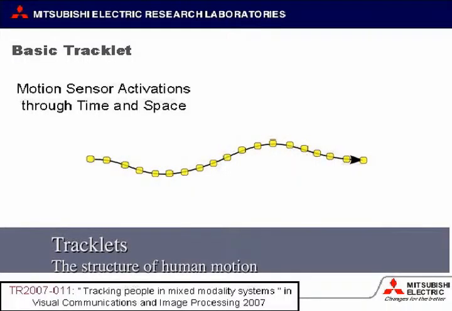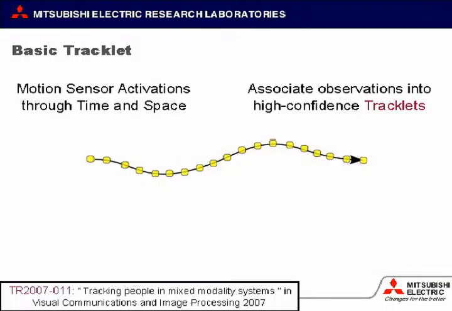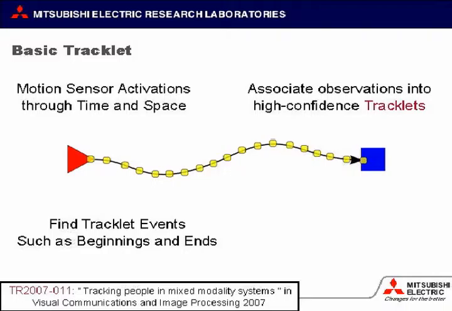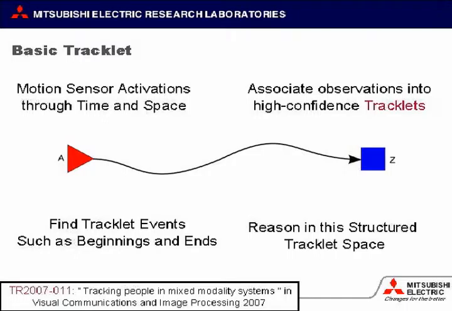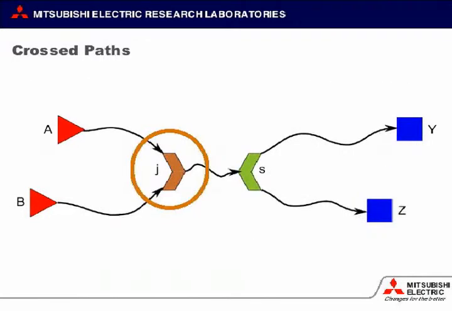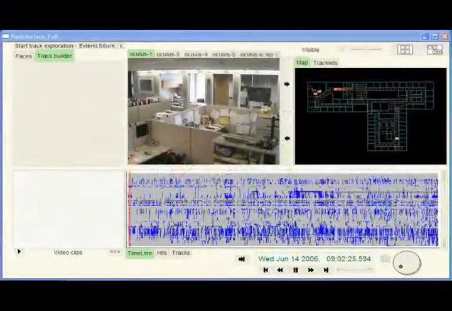We can improve the effectiveness of these systems by including higher-level models of human behavior. A tracklet abstracts away the individual motion activations into a higher-level model. This abstraction allows us to reason over longer spans of time and larger spans of space. Ambiguities in the data are represented as junctions, which knit the individual tracklets into a graph as a complete explanation